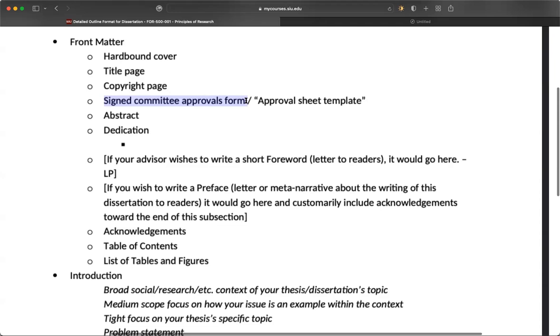And your committee members will physically or electronically sign that. I believe the graduate school still wants everybody to do an ink signature on those. You'll get a hand-signed copy of that, and it will be bound with the printed version of your thesis or dissertation. A scanned version of that will be inserted before you upload your final document to graduate school archive in